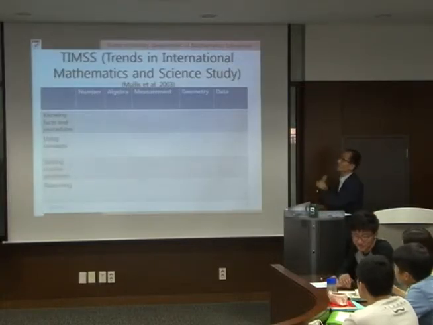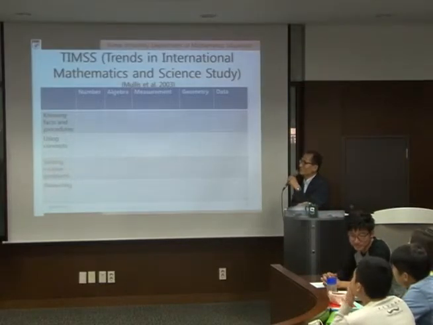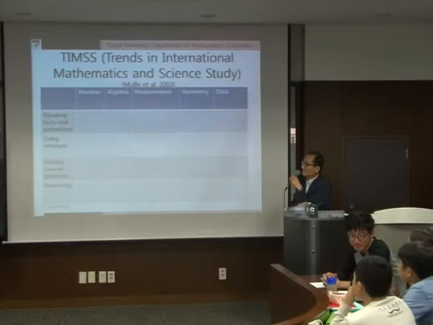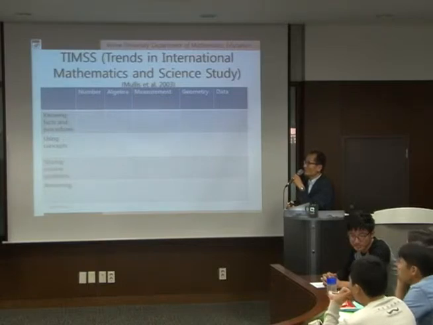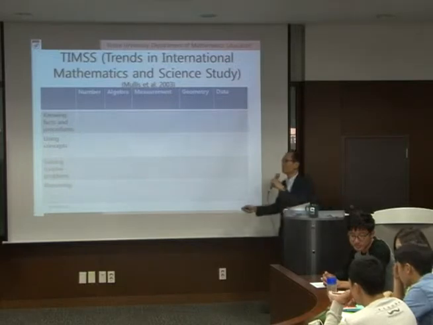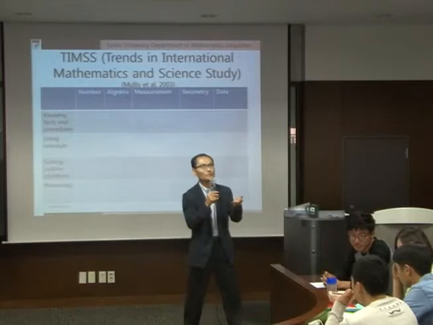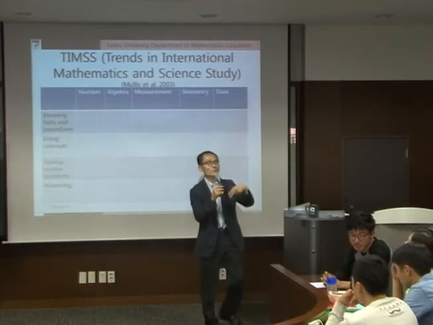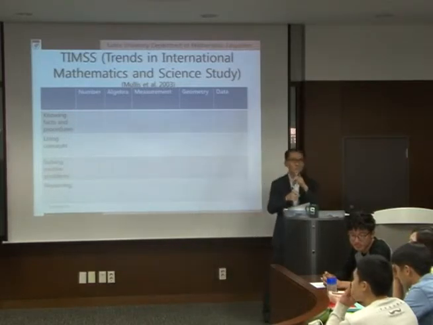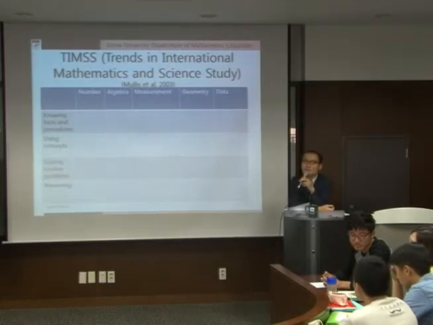Take a look at once again. Knowing fact and procedure, right? A fact and procedure. What about second one? Using concept. And third one, solving routine problem. And fourth one, reasoning. Reasoning include what? Solving non-routine problem. Anyway, they categorize four different kinds of conceptual framework in order to develop